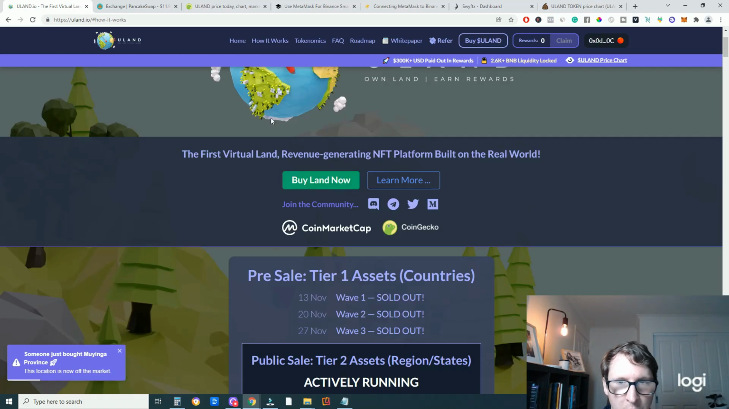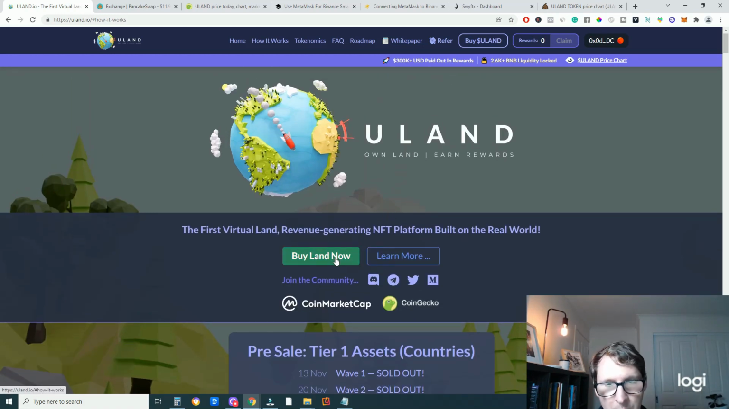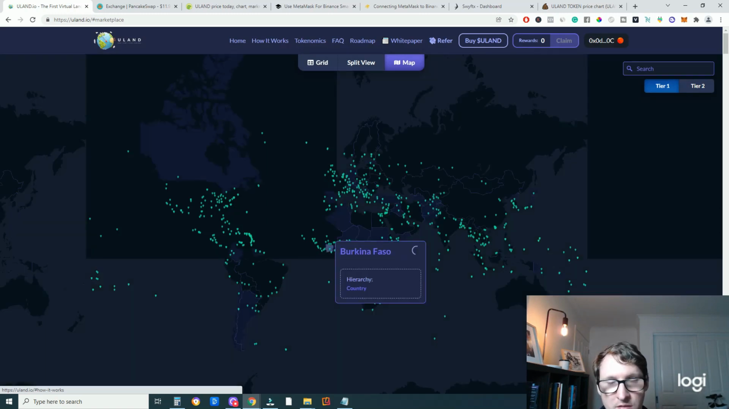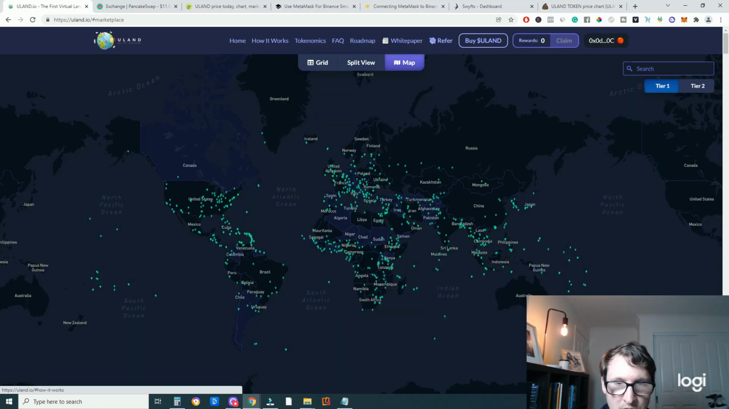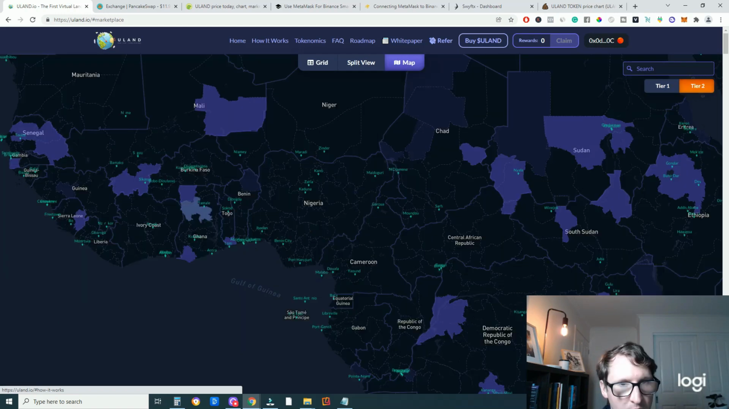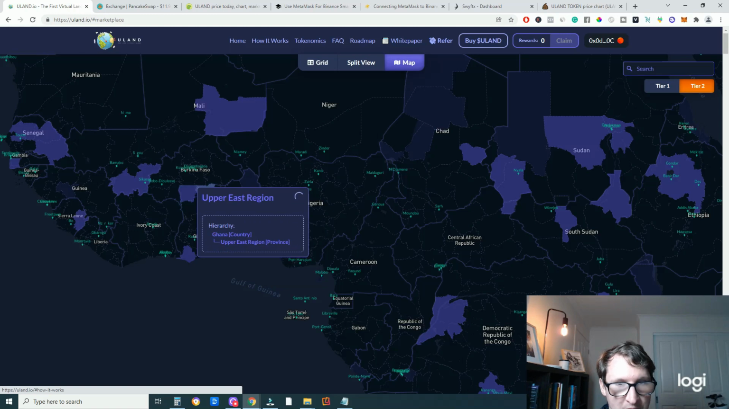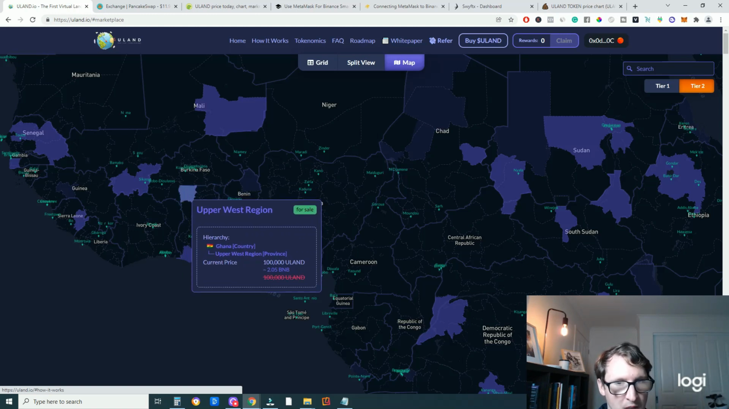So right now what you do is come to the home page, click on buy land now. Now I can't actually buy land at this moment because I haven't got enough, but I would intend to buy at least one piece of land because I think there is potential in this project. So as you can see here, you should be on tier 1 as you start off, but you want to switch to tier 2 because right now tier 1 is way too expensive, as I'm aware. So right here, as you can see here, you can see the country and how much it's going for,